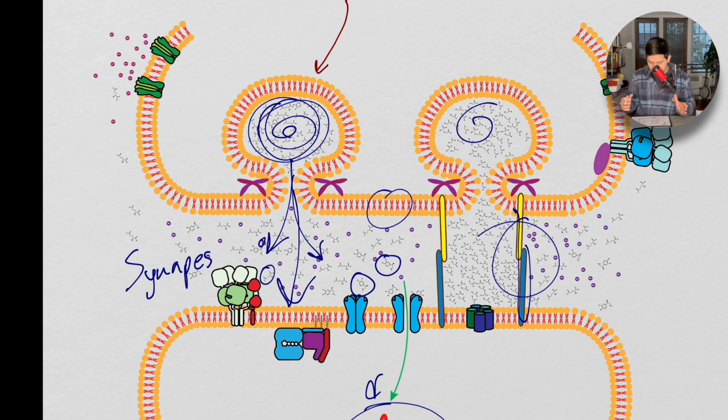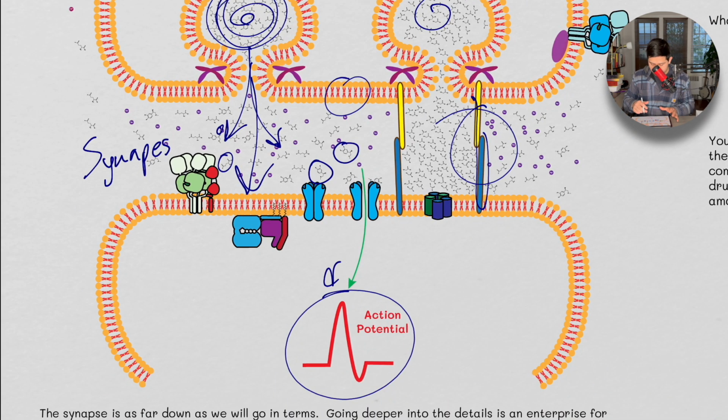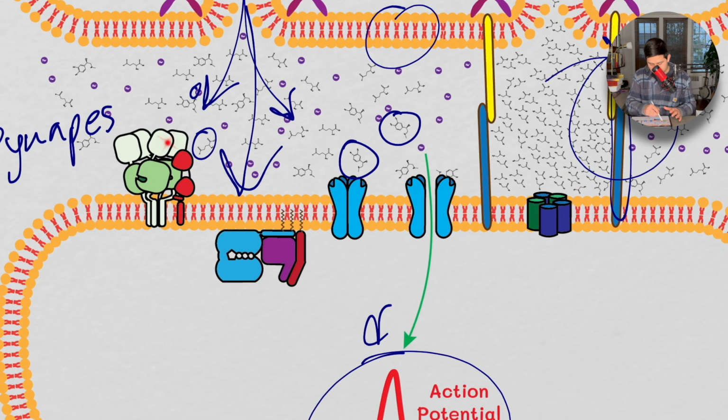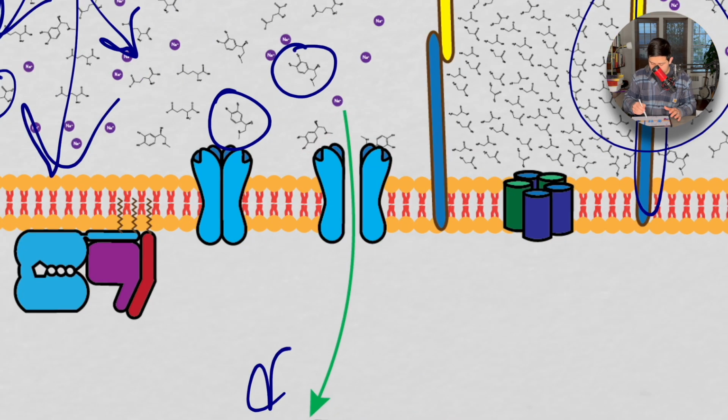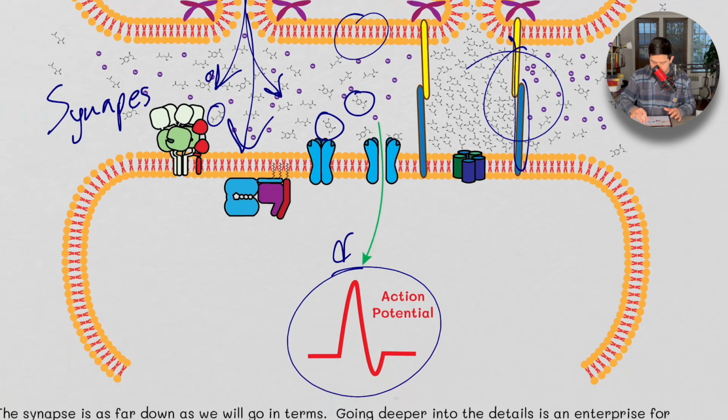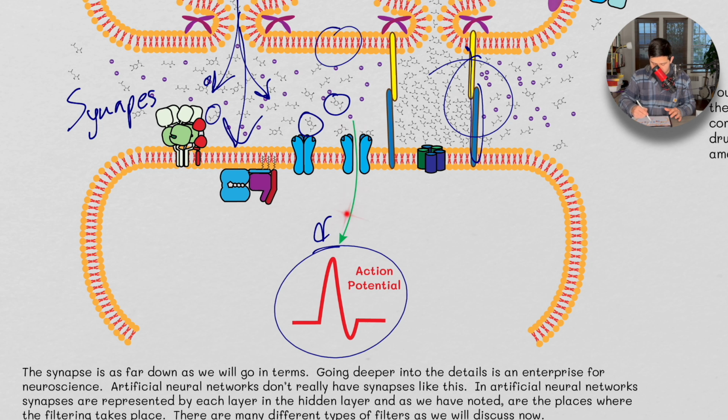We want to stick a little more with artificial intelligence, but I want to give you people who are more computationally inclined a sense of what biology is like. So these things are neurotransmitters. Once they fuse to the membrane, they spill out into here, and then they bind to receptors. We have receptors here and here, and when a neurotransmitter binds to the receptor, it allows sodium ions to pass through.